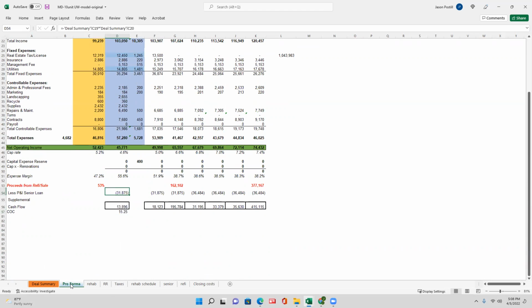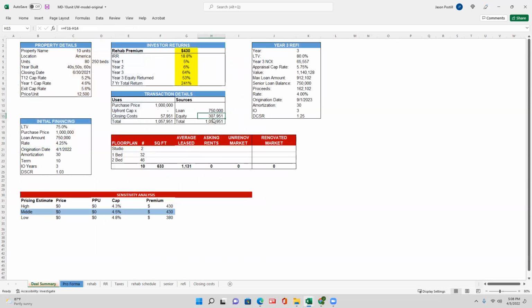Do it on your calculator. So just so you guys understand it, 13,896 is your net cash flow. So after you have a net operating income of 45,000, then you have a debt service payment. The bank has to get paid at 31,000. So your net free cash flow is 13,896. And if you divide that by what your down payment and closing costs were, 307,951,